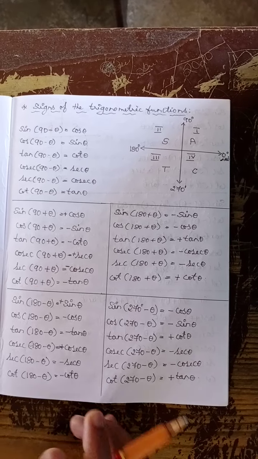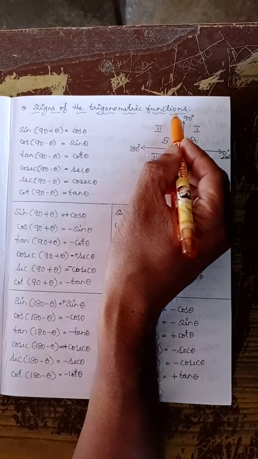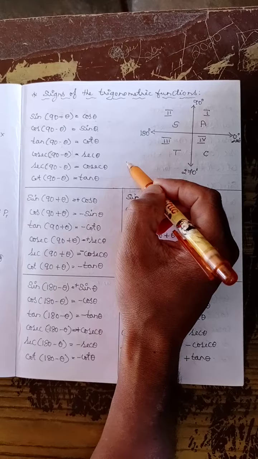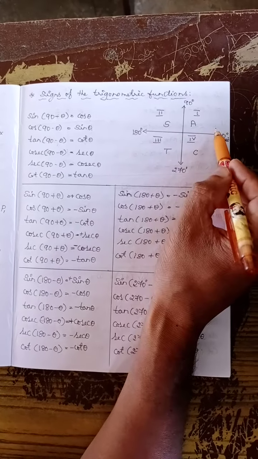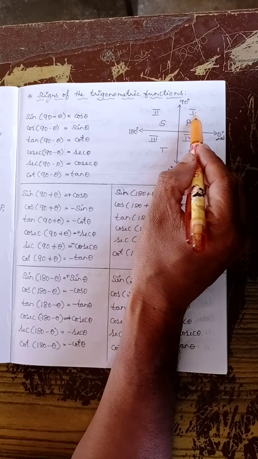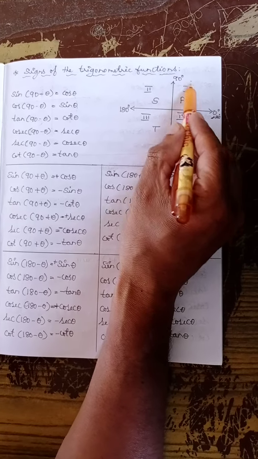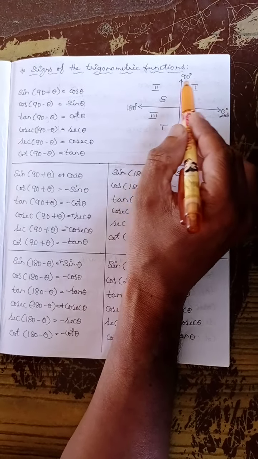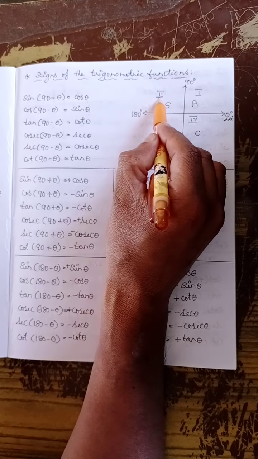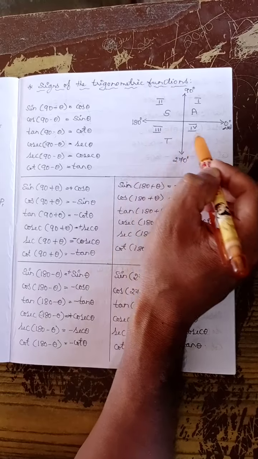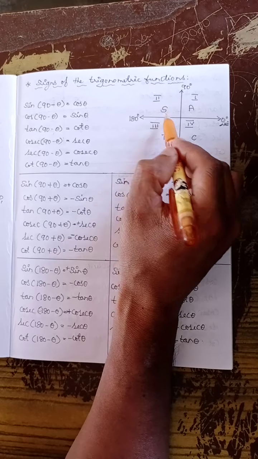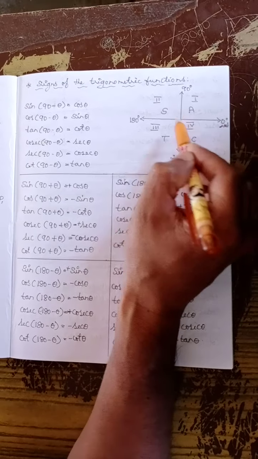Now we can see the signs of the trigonometric functions, which is also called the lead angle property of the trigonometric functions. See in this diagram, whenever a plane is divided into 4 equal parts, this is known as the 4 quadrants. In that, this one is the first quadrant, this is the second quadrant, this is the third quadrant, and this is the fourth quadrant. For any reason you should not change the quadrant numbering, starting from here as the first or here as the first.